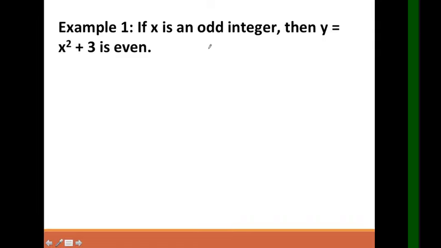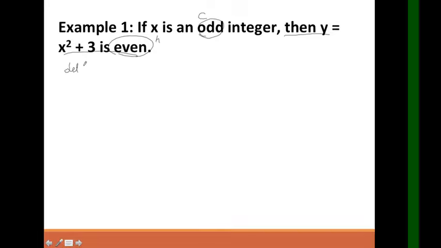Okay? So parang i-contrapositive lang natin siya. Ito yung mauna. Ito yung uunahin natin na sabihin, no? That if y equals x squared plus 3 is not even, then x is an even integer. So parang titignan natin yung contrapositive nito, which is this one become odd and this one become even. So since now una yung y, which is our hypothesis, and this will become our conclusion, so let's say that